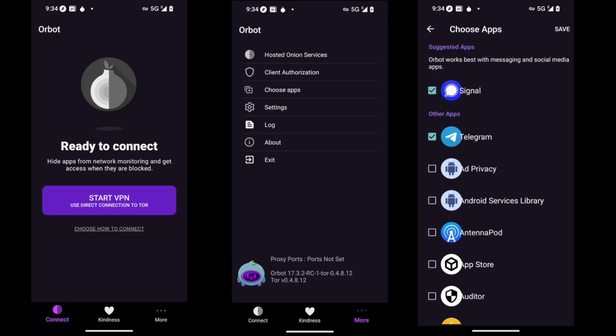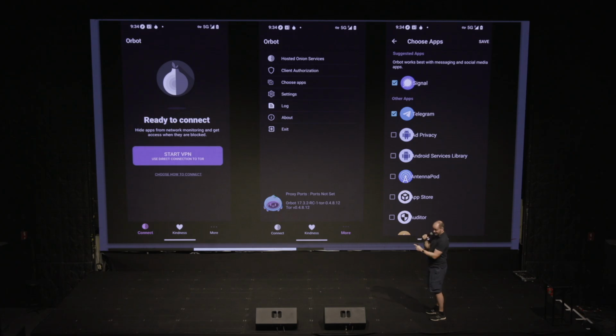I use Orbot as well. So Orbot is basically like a Tor provision service thing, which again you can run on any Android device. What you have here is you can choose particular applications to route through Tor. With the Nym setup, if you run Nym with the mixnet, that's doing your whole device. But Orbot here is just routing particular applications through, so a different kind of model.